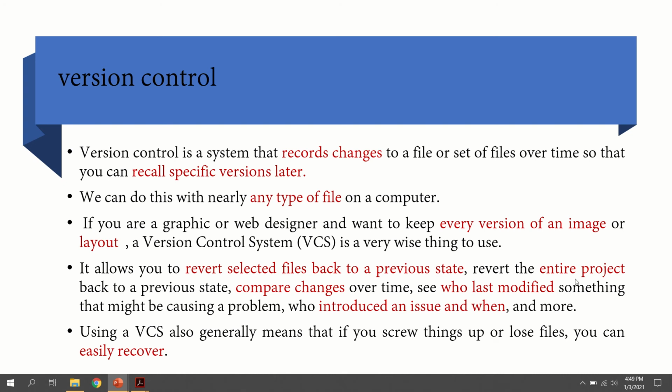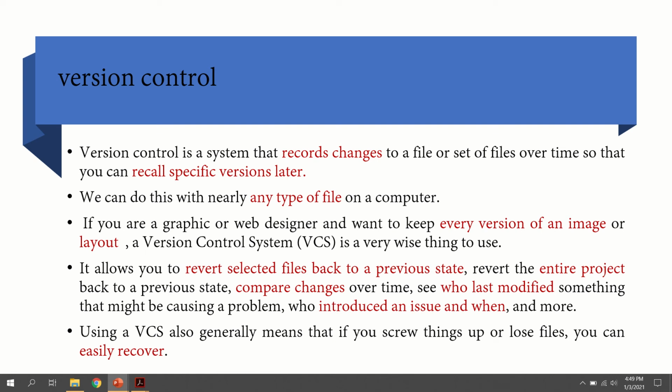Second one is the entire project. In our example, we just considered a simple file. But if you imagine it as a project, a project may contain a lot of information, a lot of work done by different persons, which is clubbed together to create a project. So we can also revert the project to its previous state. That is also possible.